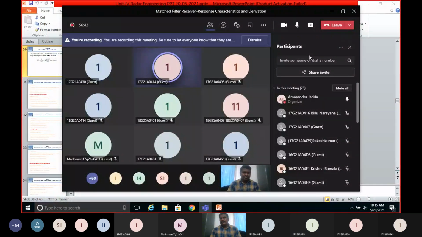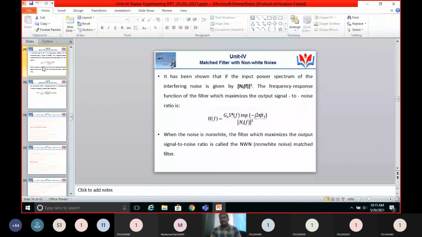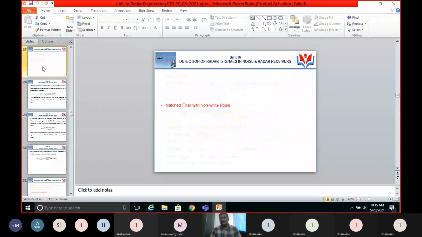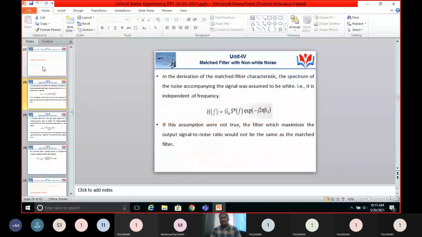So the next concept is matched filter with white noise. I am repeating the topic. The input signal which is applied to the receiver, or received signal, will have noise added to it. That noise may be white, may not be white. If it is assumed to be white noise,